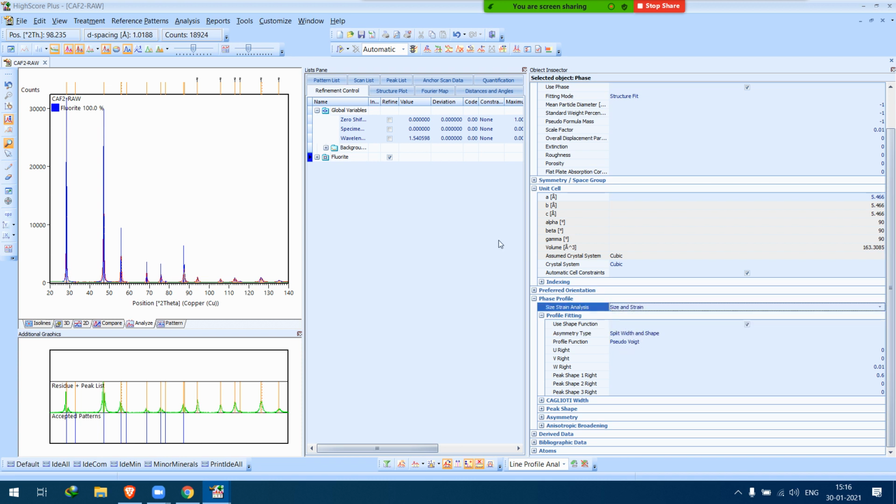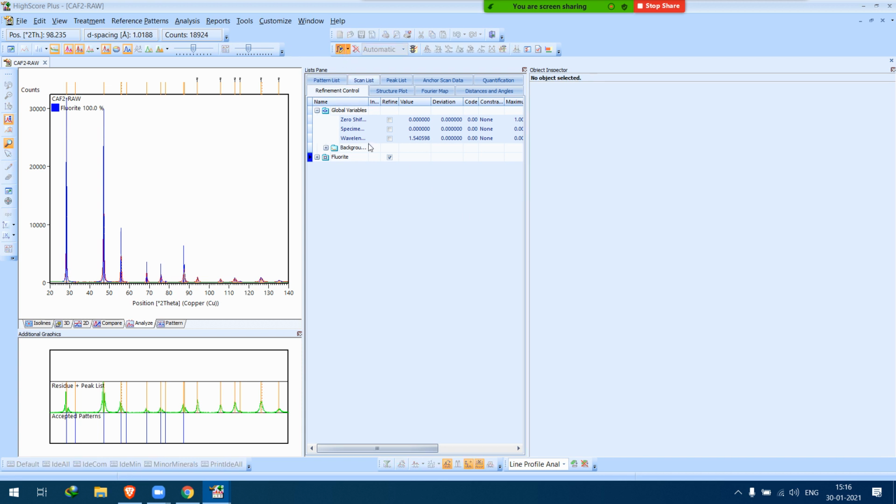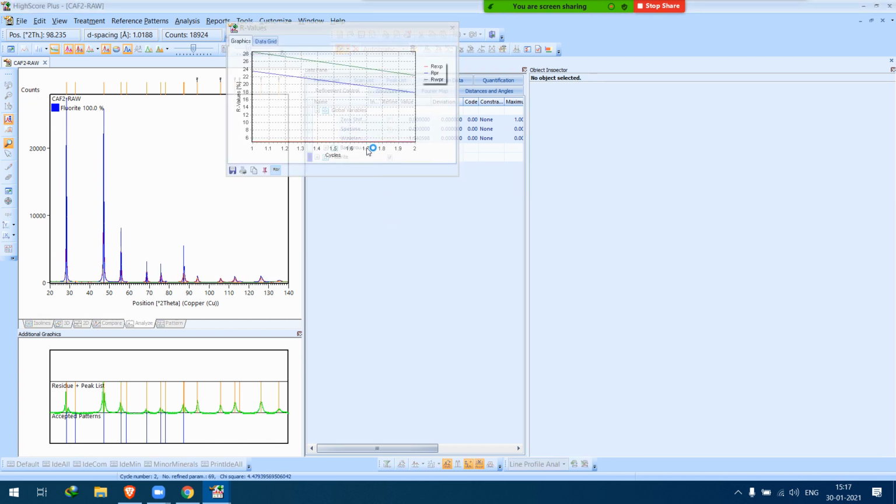These two pieces of information you need to refine. Just click the default value. Let the Rwp minimize. It's around 6%, which is good.